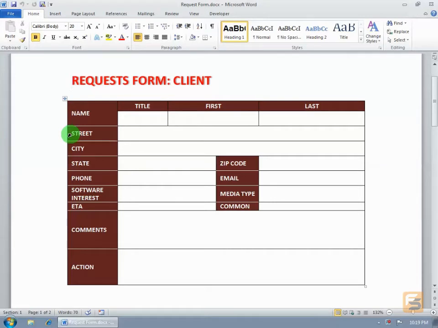When it comes to creating a form and then filling it out electronically, as you see here, I've got a form that's based upon a table, so it's easy to see where to put the title, their first name, last name, other information including their software interest, or the software that they would like us to create the training video on, then the media type that they want that training video available on or in, like a DVD or as a download,